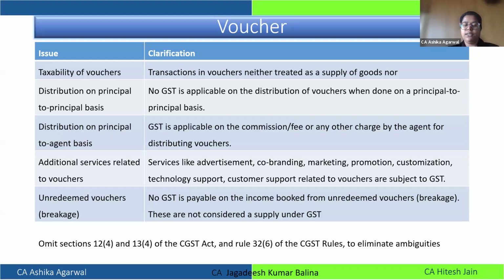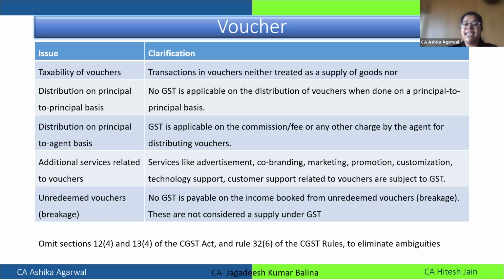Now, one concept is when we are getting our voucher redeemed. When we are getting our voucher redeemed, at that time we are paying the taxes on the full value. Because now they have said that earlier the time of supply was based on issue of voucher. The moment I issue my voucher and it is against an identifiable product or service, then at that time only I need to pay the taxes.